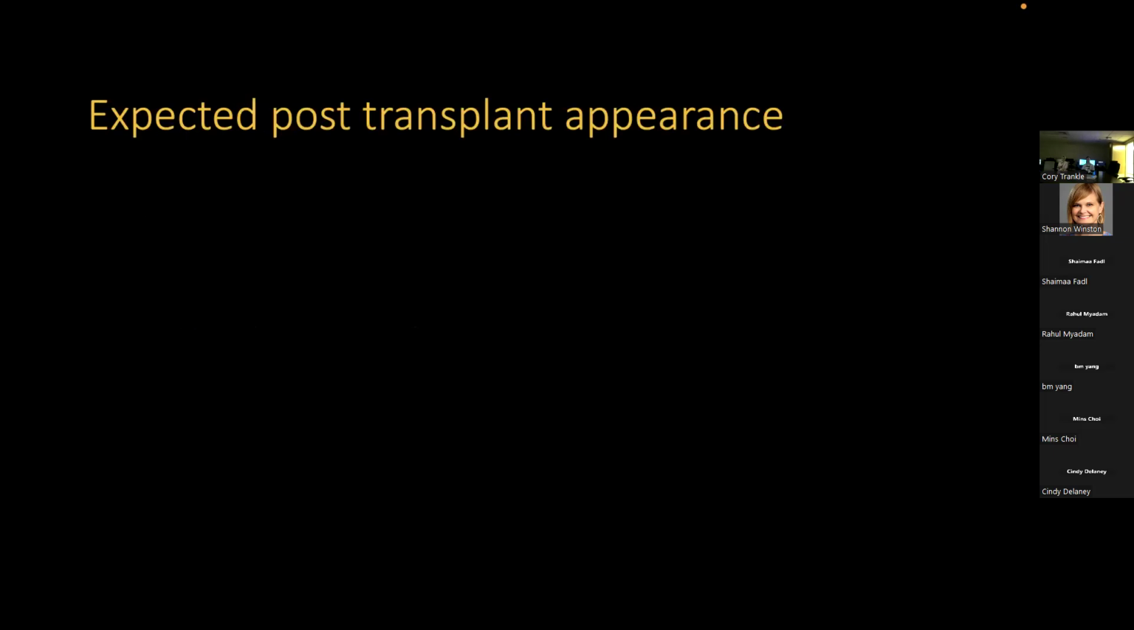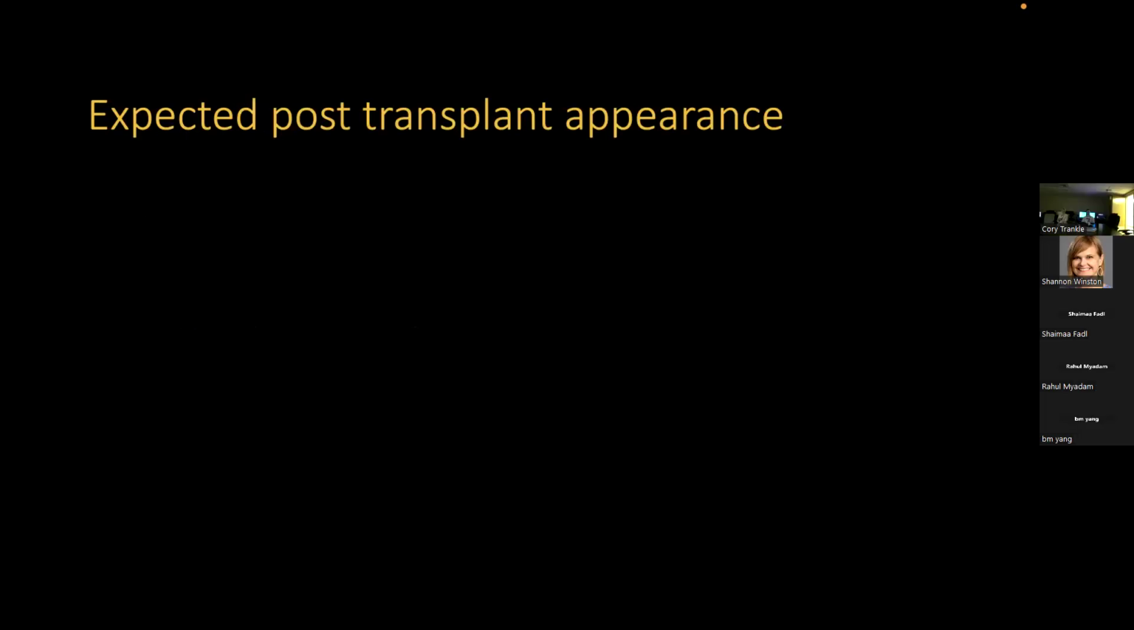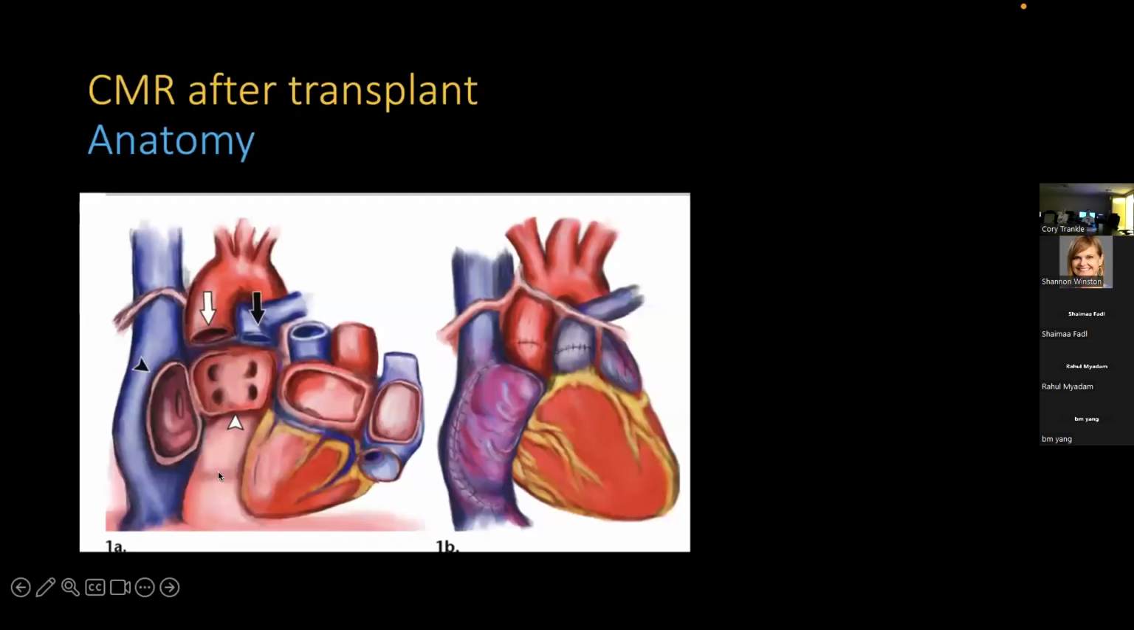Let's start by talking about the expected post-transplant appearance. Regarding the anatomy, there are some older ways of doing the transplant. This is the biatrial method, where the anastomotic sites will be at the left atrial and right atrial level, plus the arterial anastomosis of the main PA and the aorta. This is associated a little bit with arrhythmia risk because it is close to the SA